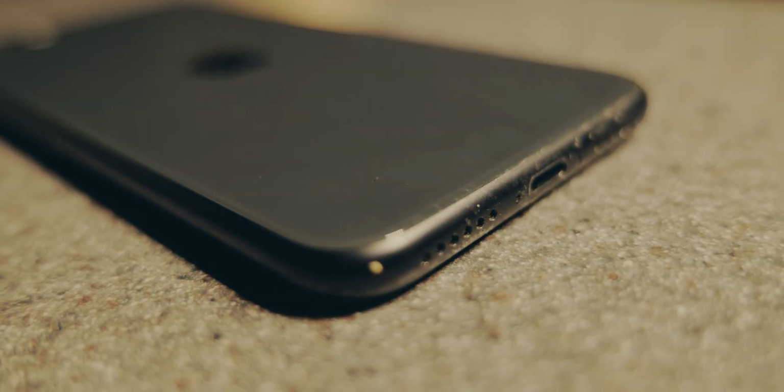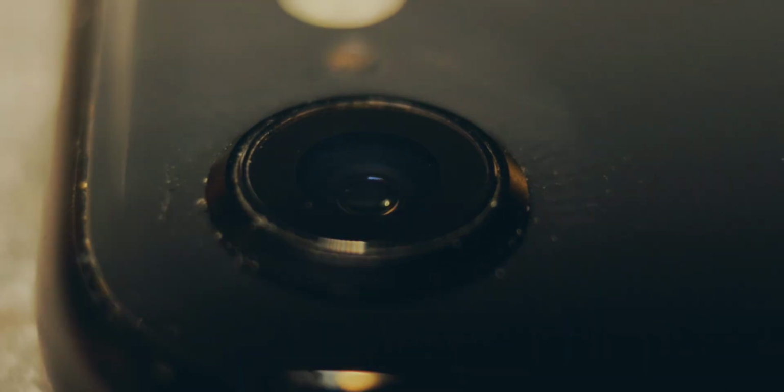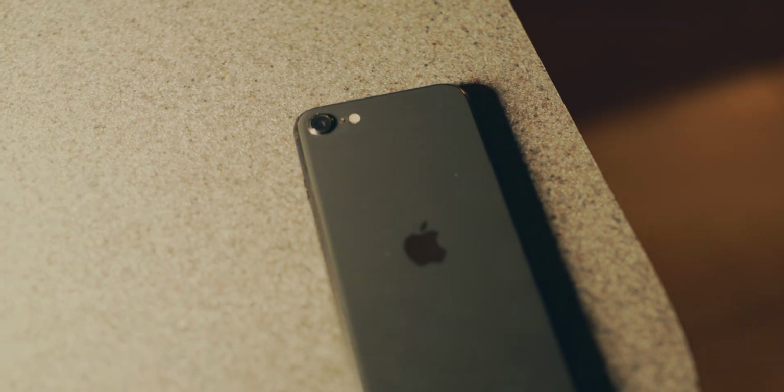The second reason why this isn't really an iPhone SE, and that's why they went with the newer name, is that the iPhone SE was really just an old iPhone with a new processor in it, which was why it was so much cheaper than all the other iPhones at the time. But the iPhone 16e, on the other hand, is a completely new phone. While it may look slightly reminiscent of the iPhone SE on the back, kind of mixed with an iPhone 14, and on the front you have the iPhone 14 screen,